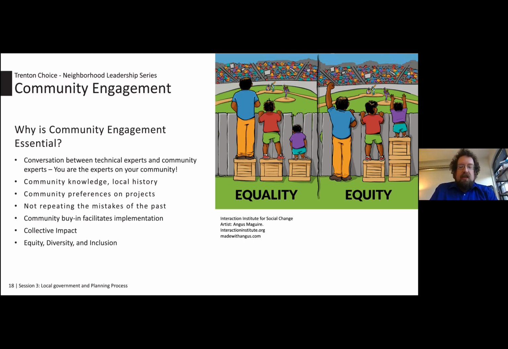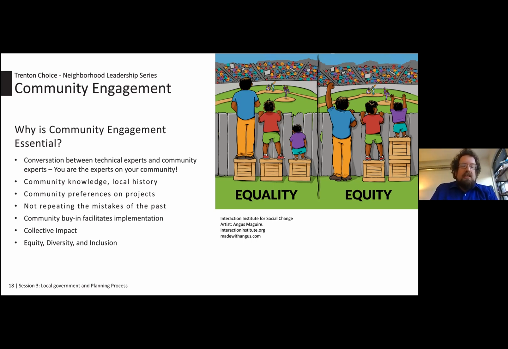You'll be presented with things called alternatives, where we'll present 3 or 4 different choices, different options for plans. And we'll really rely on the community to give us feedback about different elements of the plans, what you like and what you don't like about each of these alternatives. So you can really set the direction for where we go. There's usually not just one way to go in a planning process. There's usually different choices that we have to make.